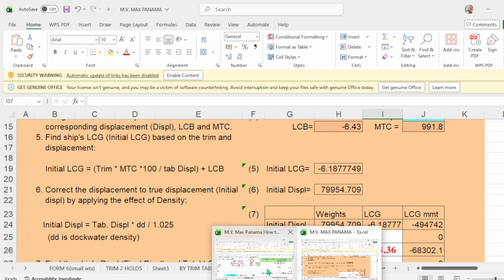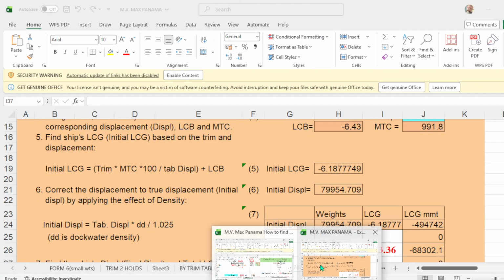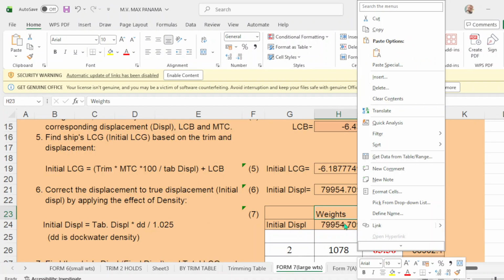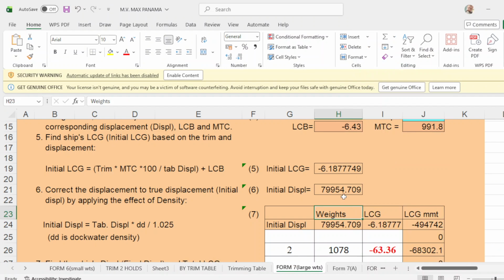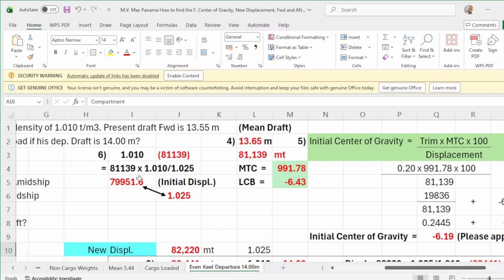And my displacement in number 6 would be 79951.6. The program says 79954, so I got 51. Okay, so I wrote here number 6.